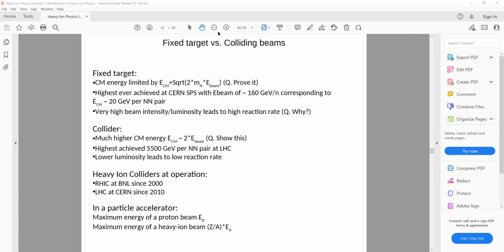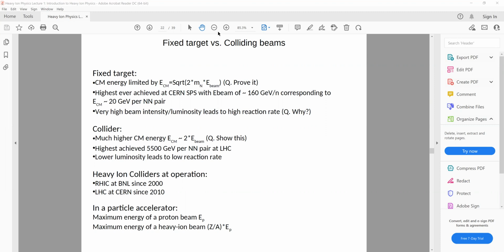That is why, if you look at some of the programs at SPS, there are experiments called NA50 and NA60. The maximum energy at the proton-nucleus (pA) program: they are basically proton-nucleus collisions, where there is a proton beam incident on a nuclear target. The energy of these proton beams is 400 GeV or 450 GeV.